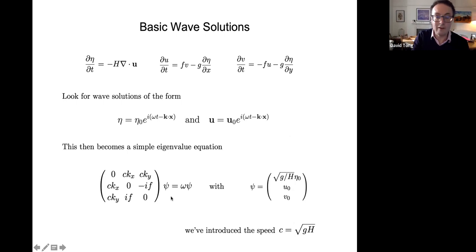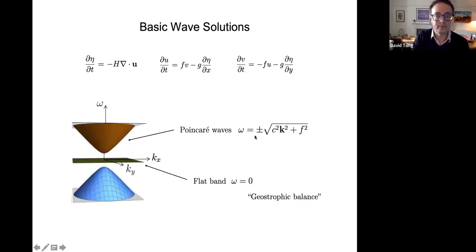All right, so very simple to solve. Here are the solutions. And there's two classes of solutions, one of which is familiar and one of which, from a high energy physics perspective, is rather unfamiliar. So there are some solutions that have a dispersion relation which looks very familiar from a relativistic context. So this looks very much like the E squared equals p squared plus m squared dispersion relation of a massive relativistic particle. We'll come back and see that connection later, where what we would call the mass of the particle or the gap of the frequency is set by the Coriolis force f. So f is this distance here